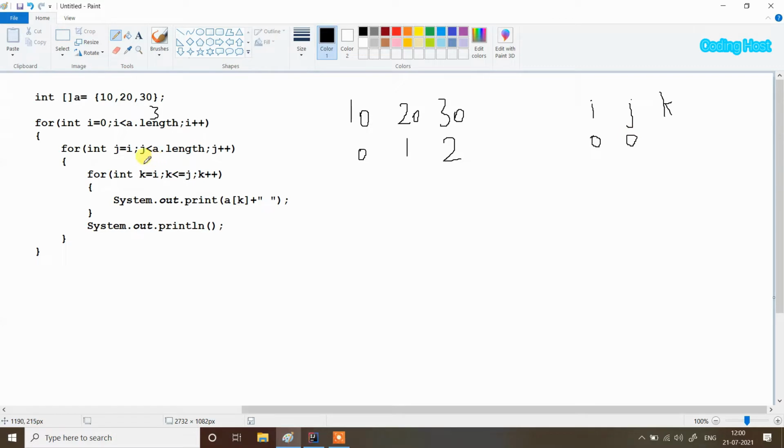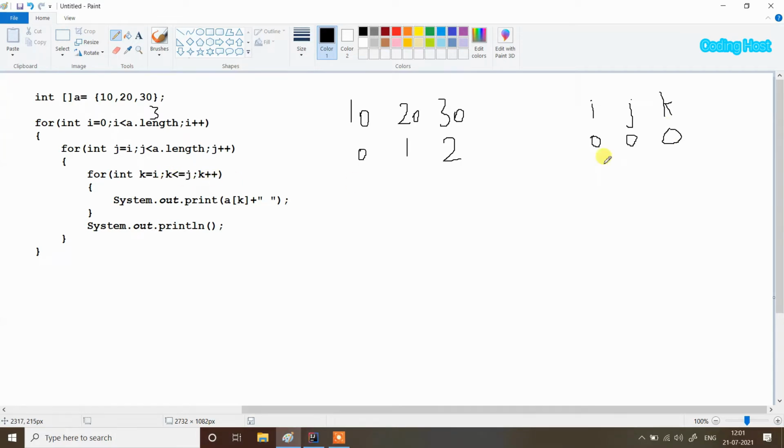After that it will check that j is less than a dot length. So yes, true, j is 0 and it is less than a dot length, and we get inside our loop. Here we have the next for loop, for int k equal to i, so k will start from index i, which is 0, and here we check that k is less than or equal to j.